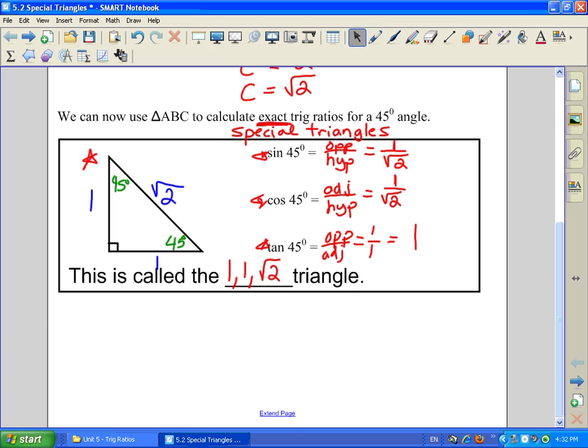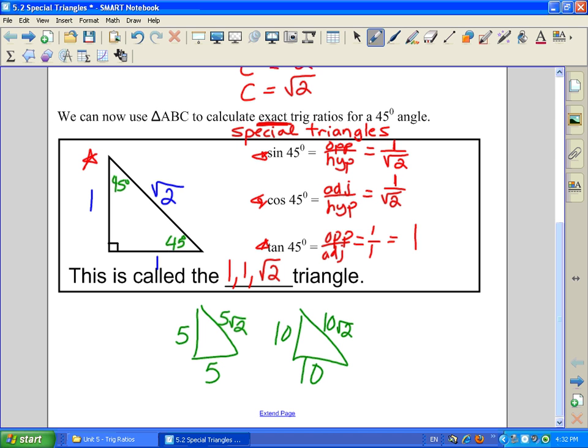If you had another triangle like this, folks, and we said this was 5 and this was 5, hey, these are 5 times as big, so this would be 5 root 2. Or if it was 10, 10, this would be 10 root 2. So you can use the 1, 1, root 2 triangle and take multiples of it if you wish. But that's coming later, for now just deal with the regular 1, 1, root 2